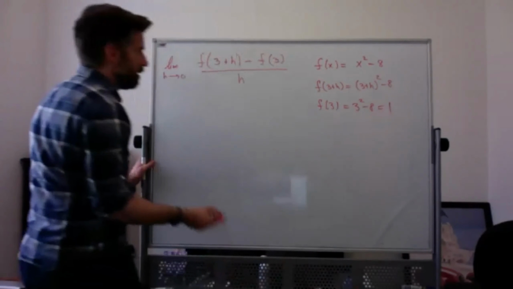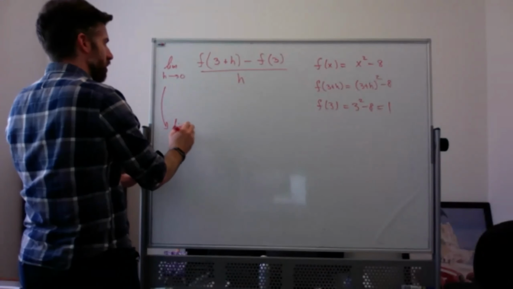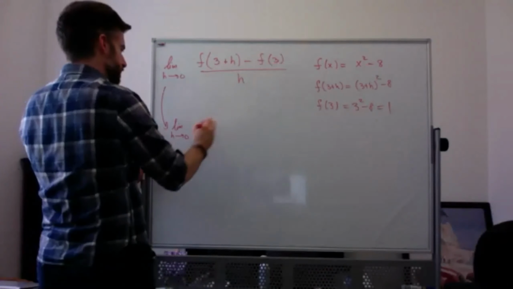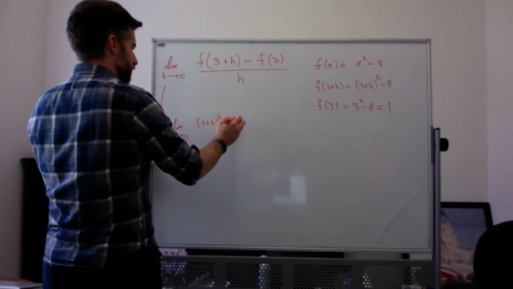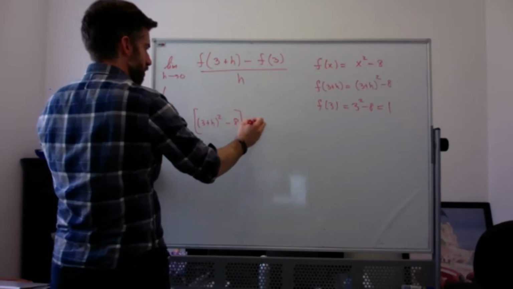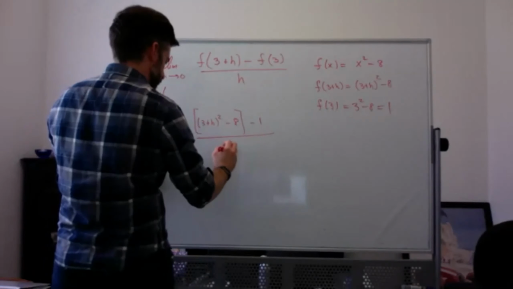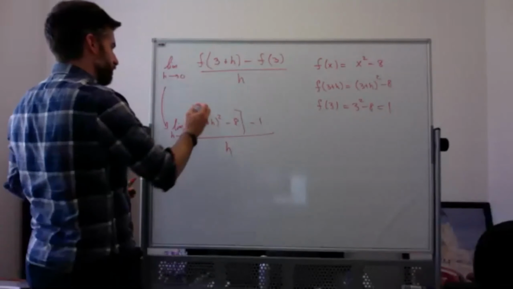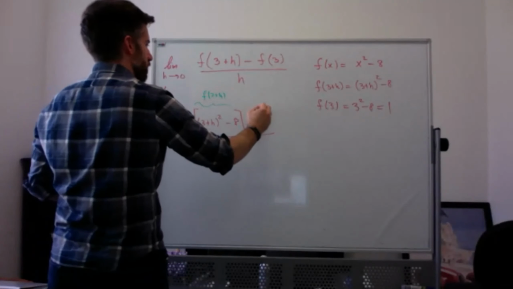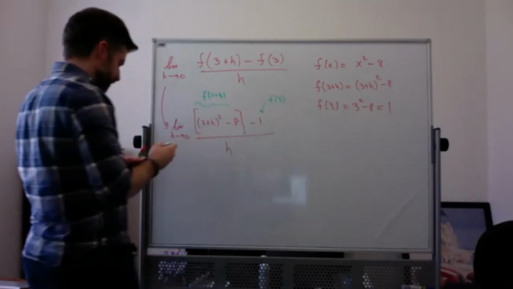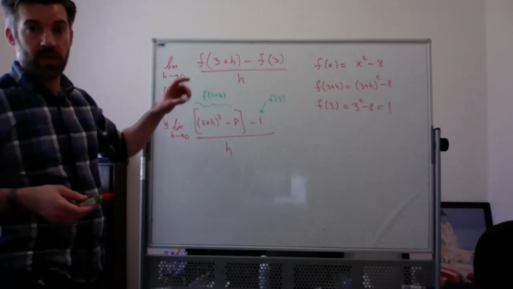That's 1. So then looking at this limit, the limit as h goes to 0 of f of 3 plus h, well, that's (3 plus h) squared minus 8, minus 1, right, because that's f of 3, all over h. Let me just point out, there's f of 3 plus h, there's f of 3. And again, the idea here is always to make all the non-h things